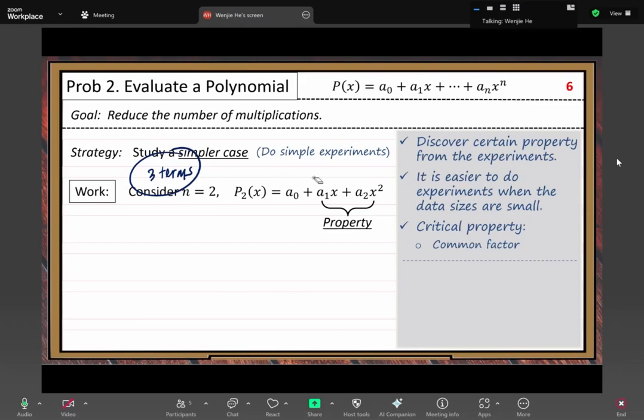When we choose 3 terms, then we can reveal the common factor property. That's important, right? The next step, when you see the common factor property, you can do some manipulation related to it. Factorization, right? When you see a common factor, the obvious operation is factorization. So let's do the factorization operation